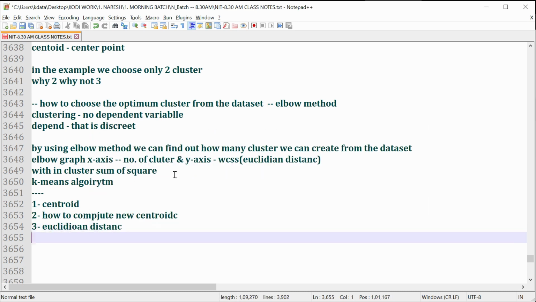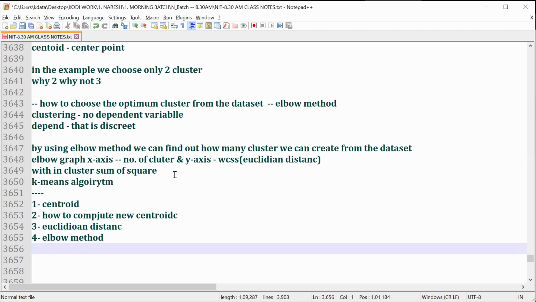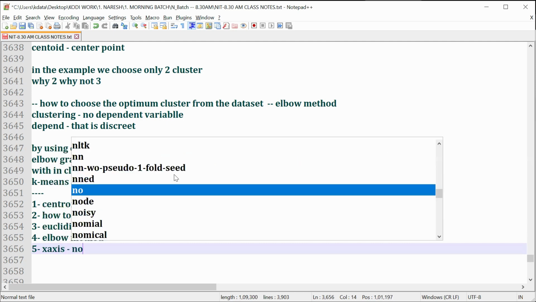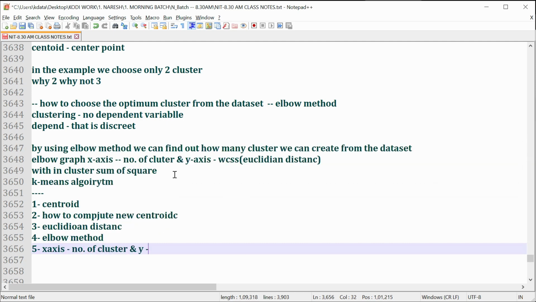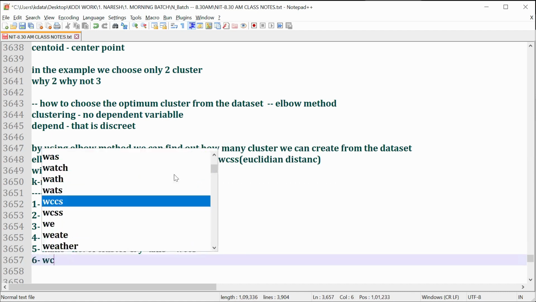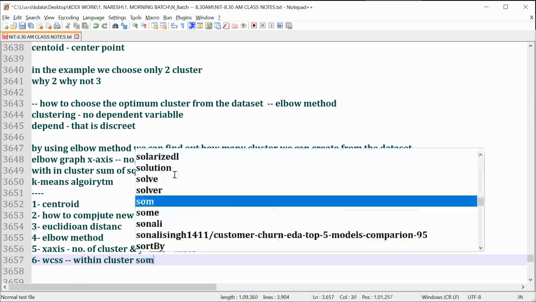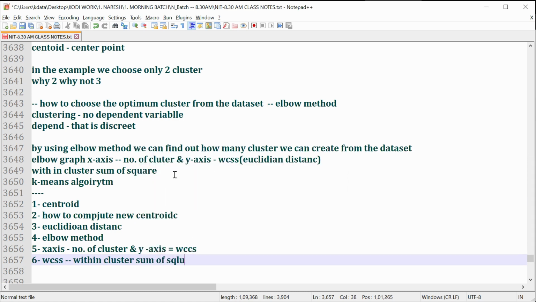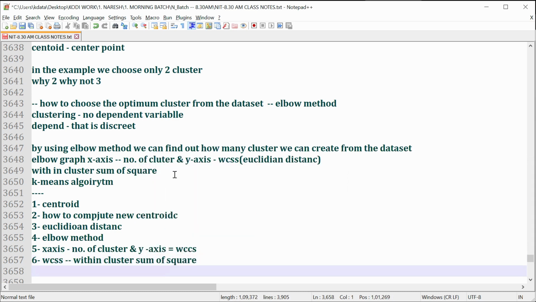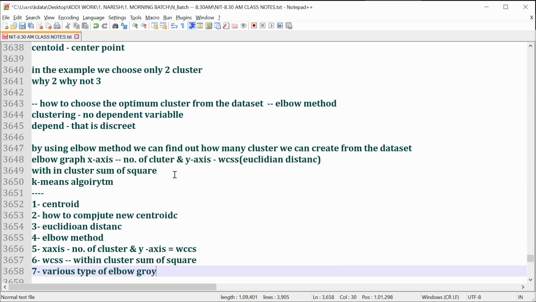Euclidean distance. And the fourth one, we have the elbow method. In the elbow method, the fifth one, the x-axis is the number of clusters and the y-axis is WCSS. And sixth, we understood WCSS means within cluster sum of squared. And seventh, we understood the various types of elbow graph and how to recognize